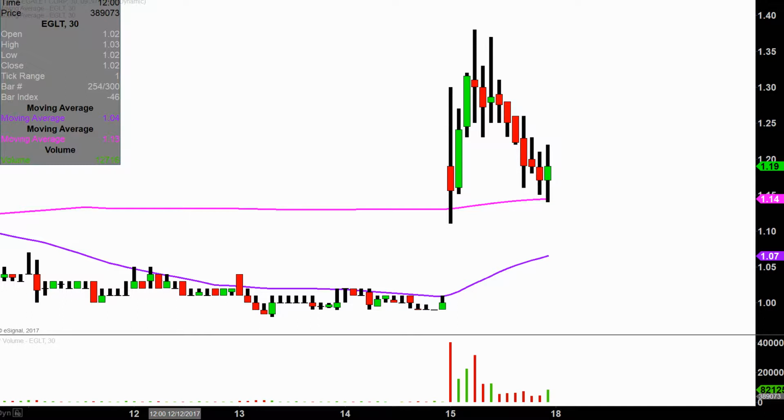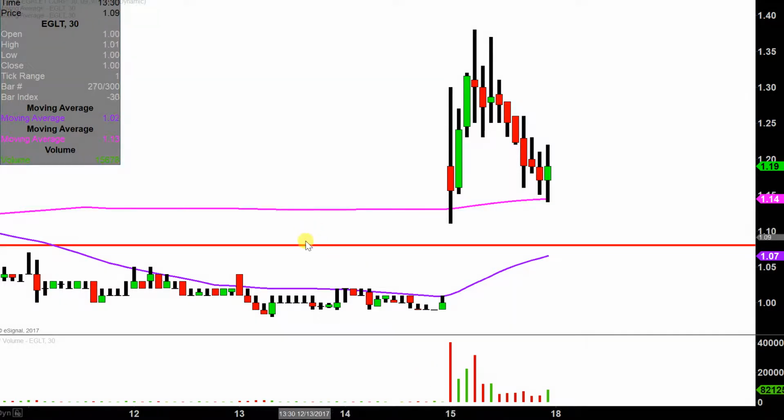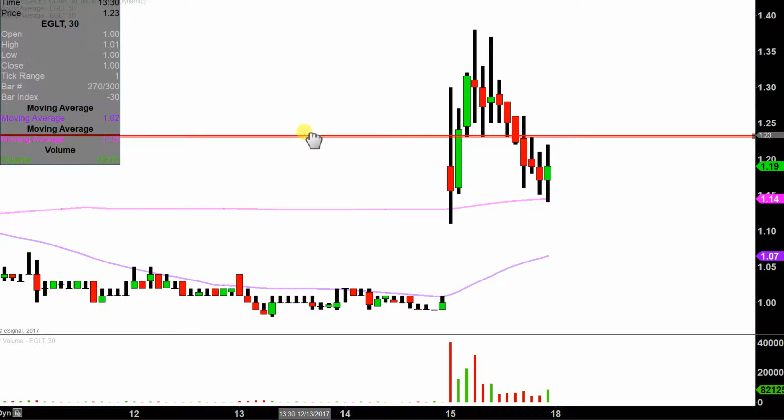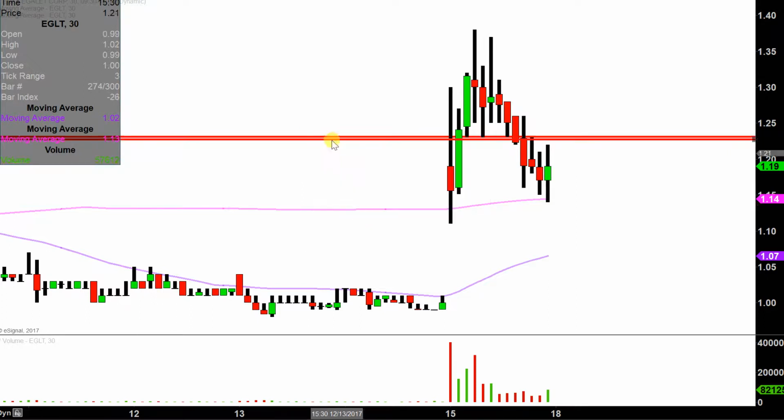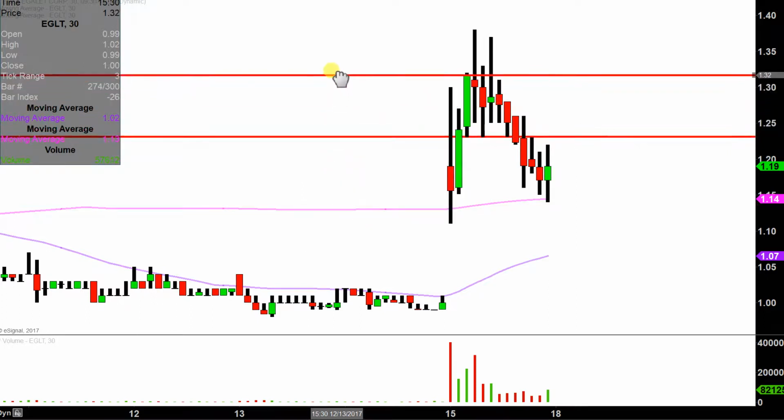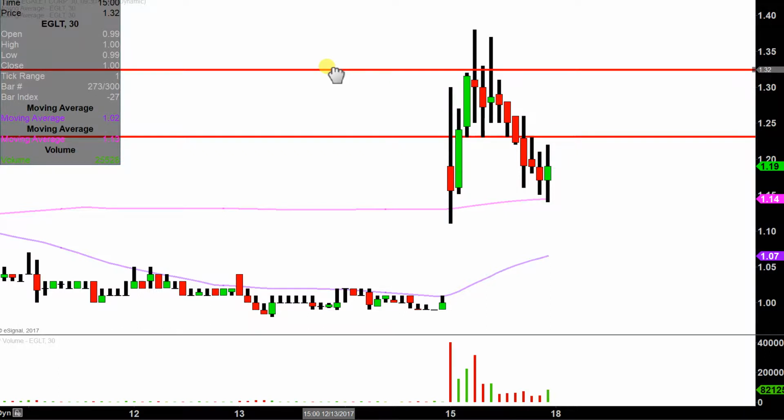What about areas of resistance? First key area of resistance right up here at, let's see, that's that former area of support, so yeah, $1.23. And then if the bulls can push through $1.23, next key level right up there at about $1.32. I realize the price has gone above it, but in my mind, I think we can all agree